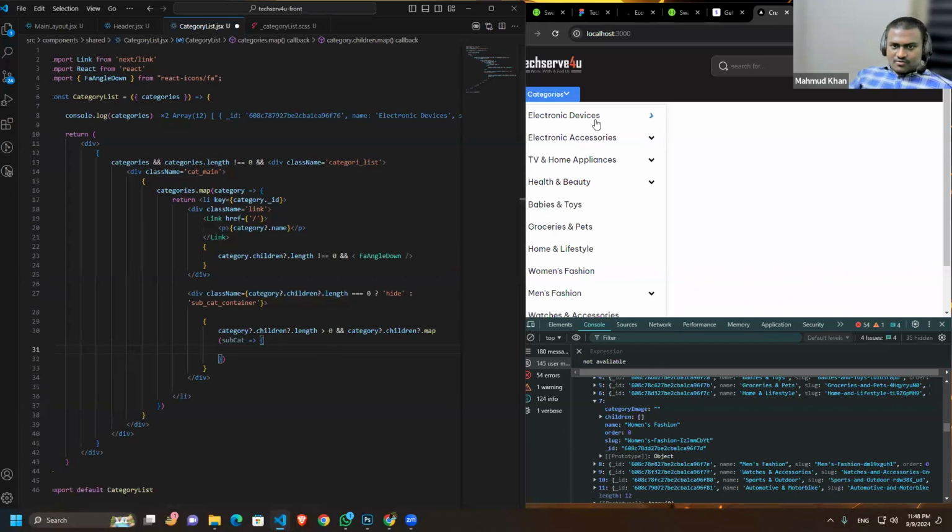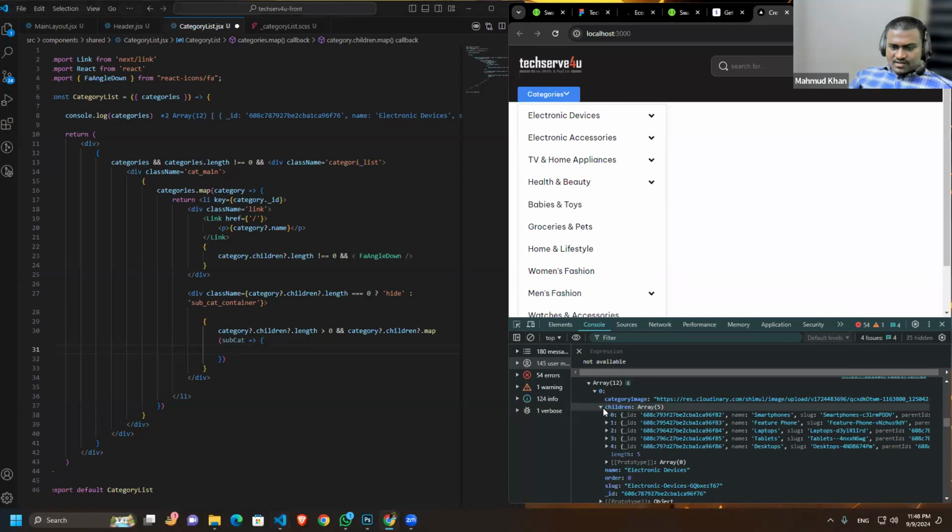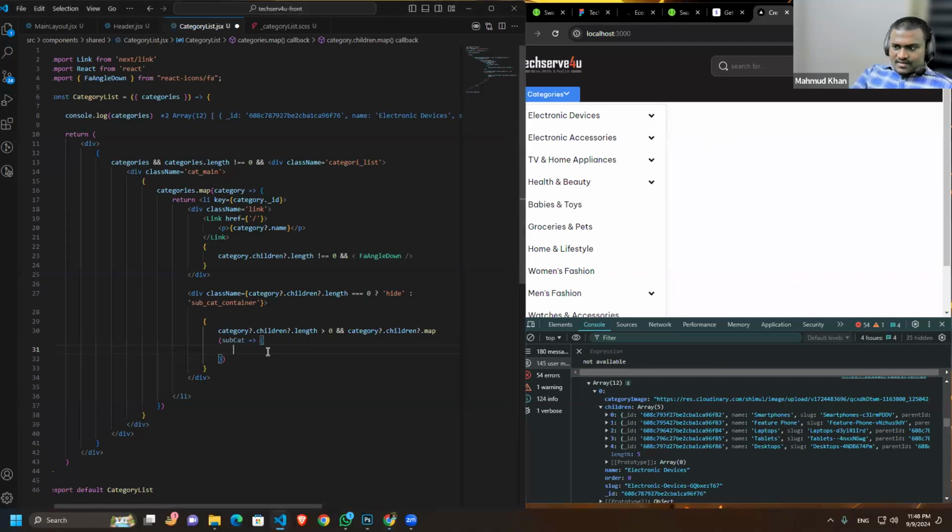So first we are rendering our main categories, and inside that, if we have any children categories, like you can see on the first category that we have a children category. So if we have any children category, then we want to render the categories on the side. So now I'm mapping it again, and now I want to return